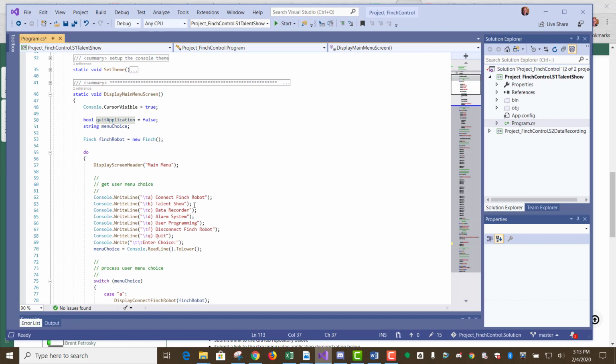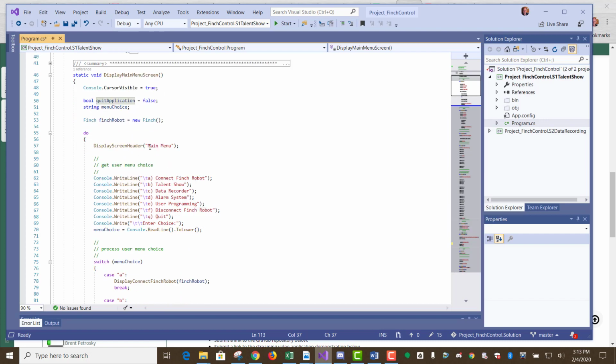If we go back and take a look at our menu, now we've got our screen header up here. We've sent it some text so it knows what to display. You can see I've built out a main menu skeleton for you to use. Feel free to change it as you wish. As long as you are demonstrating those skills to me, you're free to change this around. I'll expect to see in your video walkthrough if you make any changes to this. Talk to me about any changes you might have